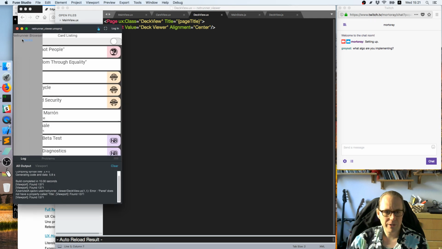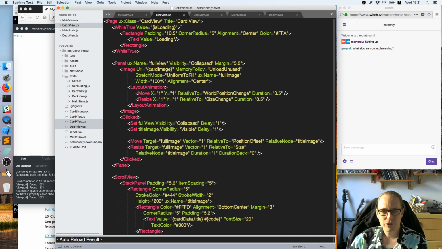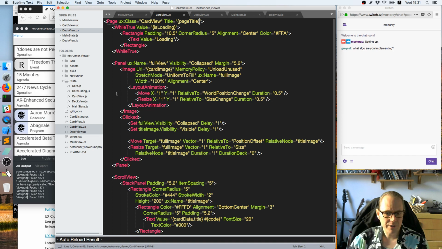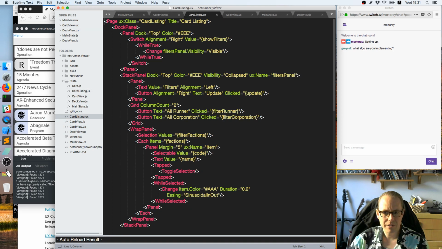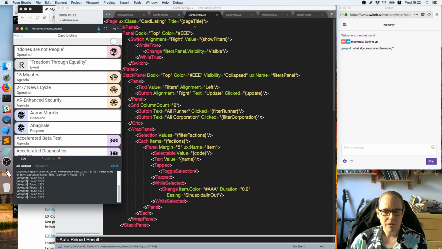Okay, so if I go to the menu and I go to the deck view, now I have decks, it takes the title. Now card view should actually do the same thing. It should use page title because this is coming from the context instead. Wait, this isn't the card view, this is the card listing. Card listing should also take page title. Now if you have a repeated pattern like this, we'll quickly see what we actually want to do with this. So card listing